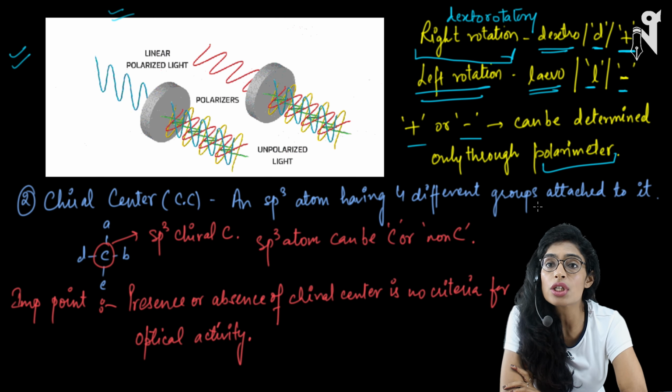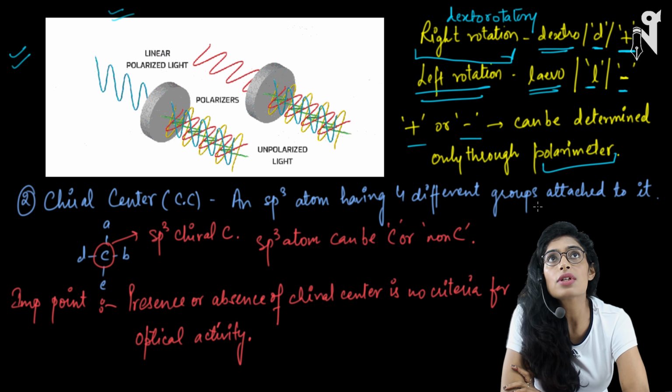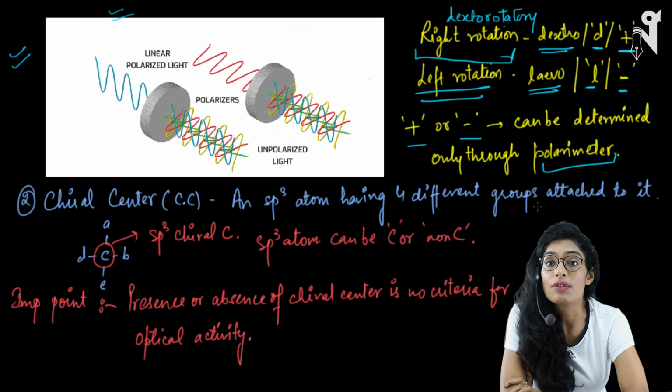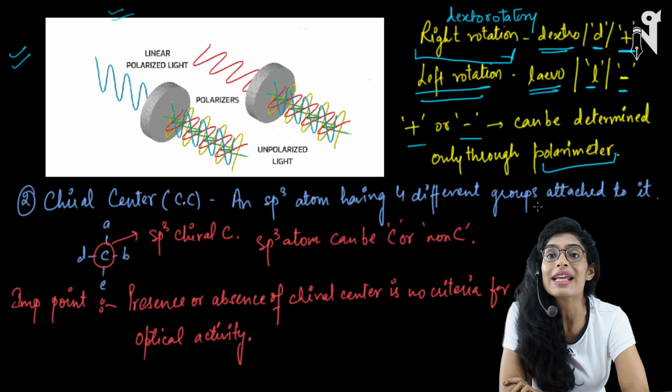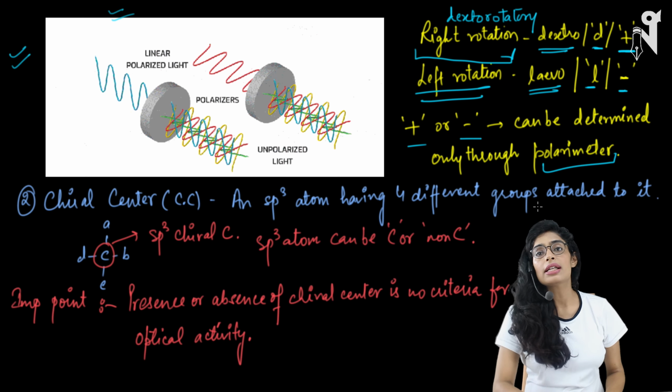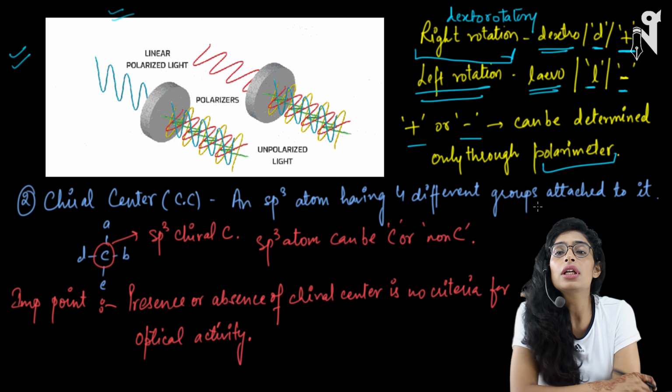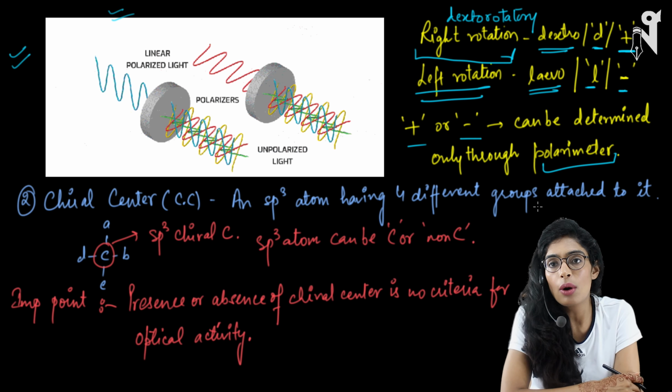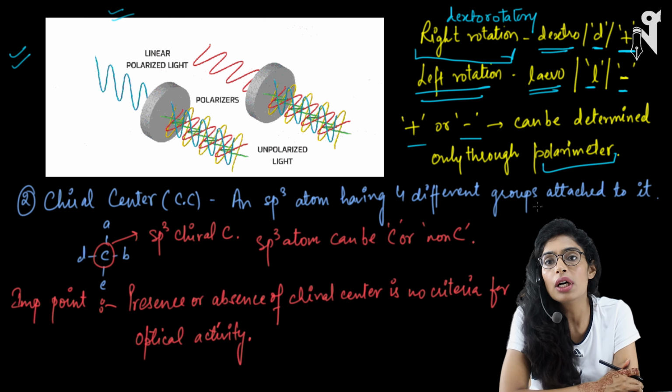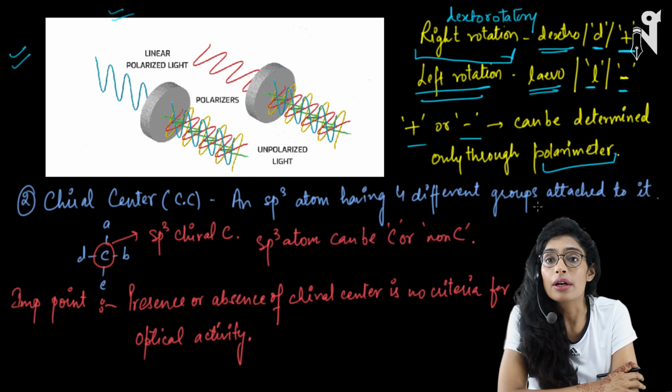What is the basis of judging it? Not exactly the basis of judging it, but what can you see when a compound is optically active. Now we have to understand what exactly an optically active compound means, and why this optical activity arises. Before we understand the optical activity, I had explained how optical activity can be visible through the experiment, but what other terms are required to understand optical isomerism?